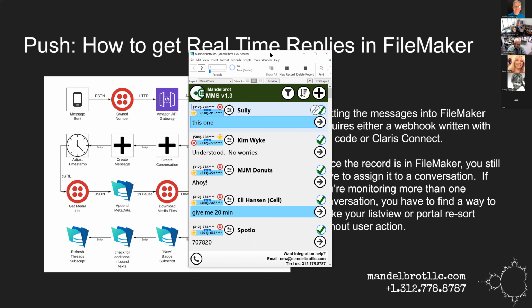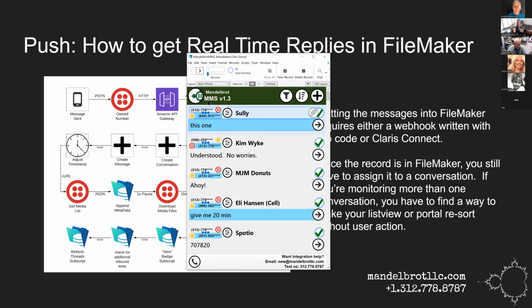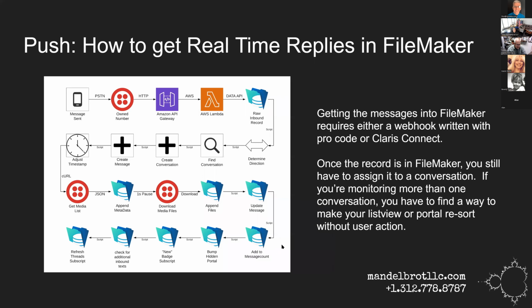So anyhow, I digress. The point is, if you're gonna get conversational with these messages, you really do want to use push in order to get the messages back. Now, to do that, I use AWS Lambda and the Amazon API Gateway, but Twilio is also connected to Claris Connect. That's kind of the big red easy button for doing it.